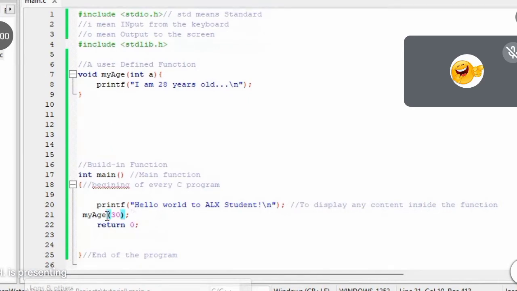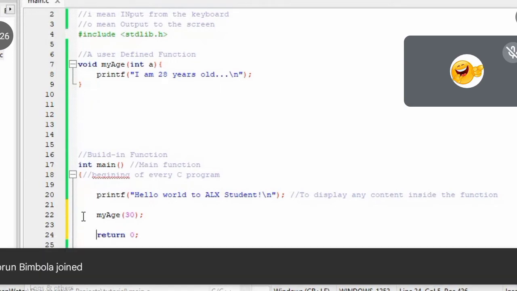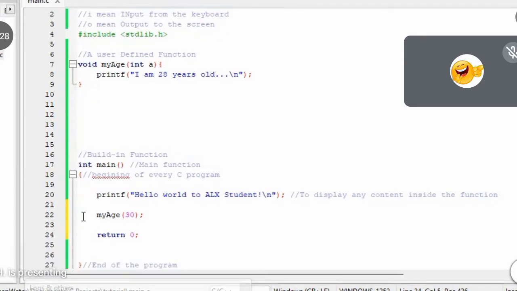If you look at it, you notice that my printf is actually here. So you'll be expecting that my age is supposed to be somewhere here or somewhere here. It doesn't matter where I put it. The only reason why ALX is telling you to indent your code is because they want you to master the art of how to write neat code. You understand? It's not as if they are stressing you. It's going to be beneficial to you and to